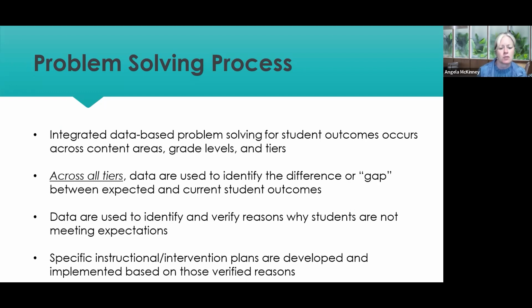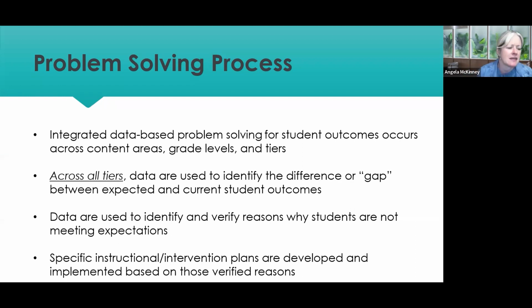So we get a lot of those benchmarking data sources that will identify kids as at risk. That tends to be a qualifying term that says, let's look a little deeper with this kid. So it's not just that I showed up with a particular score. Now we take a look at how they do on a daily basis. How do those classroom assessments look? Because I may have had a bad day when I took that assessment, or I could still have some pretty significant concerns. It really depends on the student.